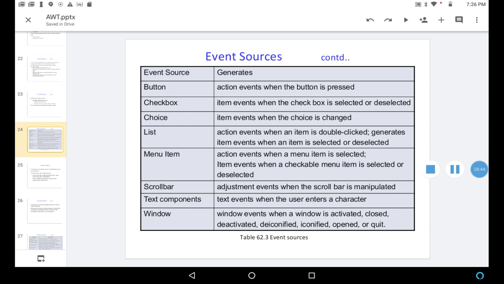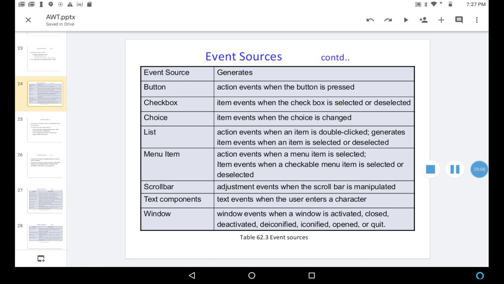So these are the event sources. We have seen what an event source generates. There is a button source, checkbox source, choice, list, menu item, scroll bar, text components, and window. These are the main event sources.